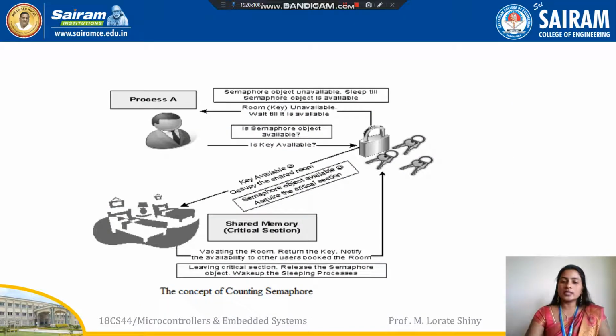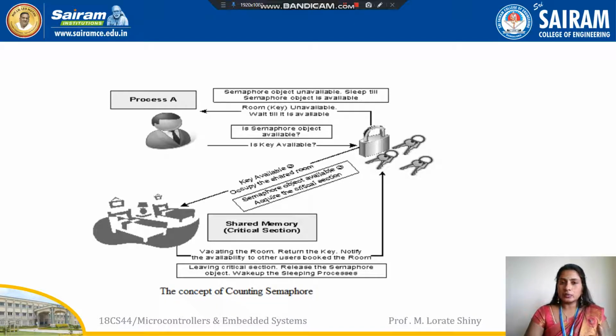The real-time example for this counting semaphore is a dormitory system for accommodation. In a dormitory system, some number of beds will be available for the users. When a user wants to avail the facility of the dormitory, he can come and approach the dormitory caretaker. If a bed is available, the caretaker will hand over the key to the user. During that time, he can share all the facilities of the dormitory, like fan, telephone, toilets, and everything.